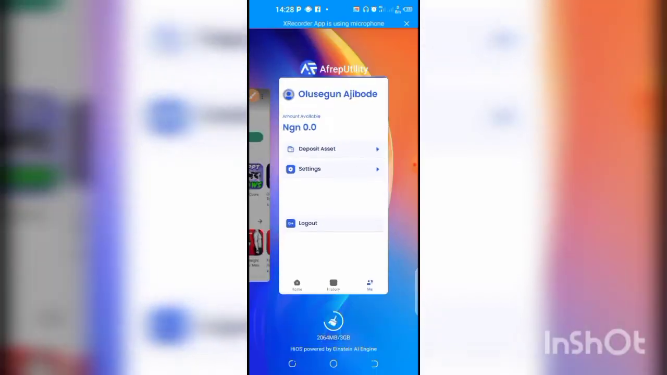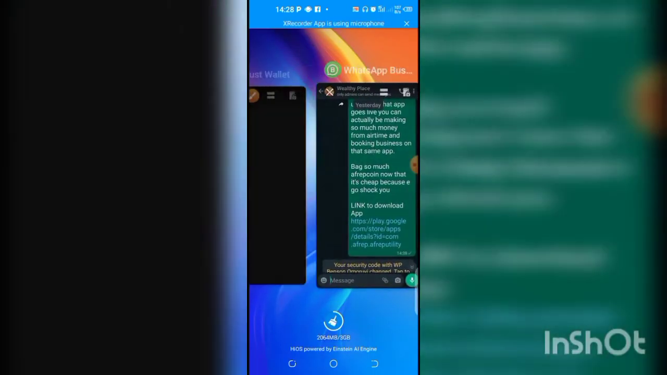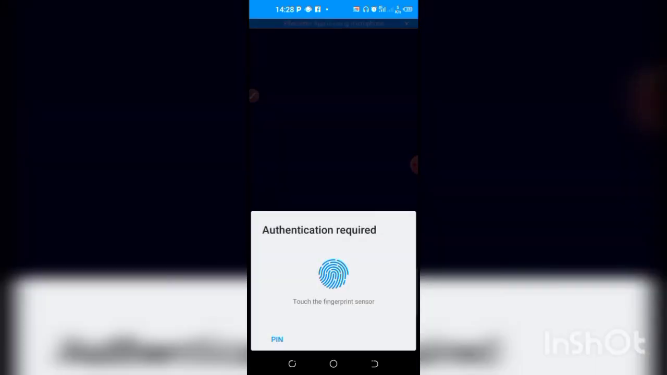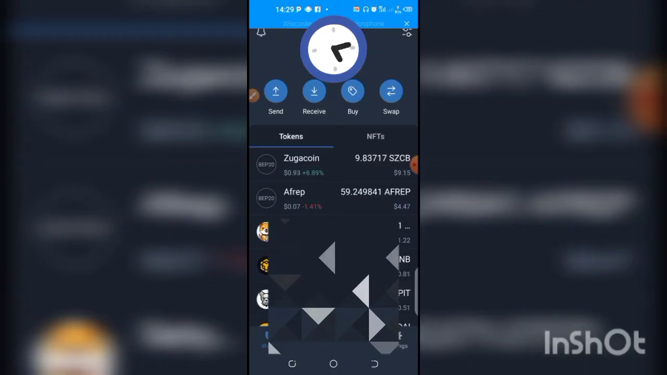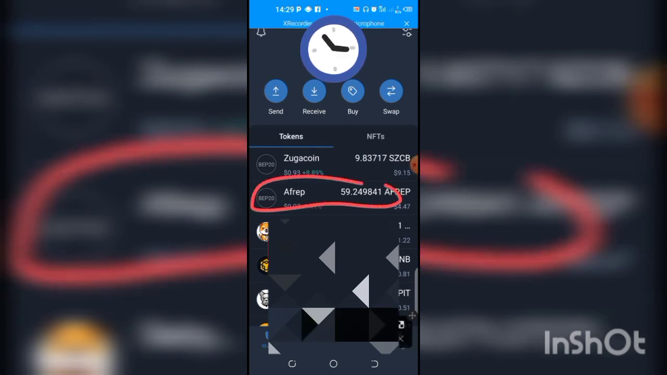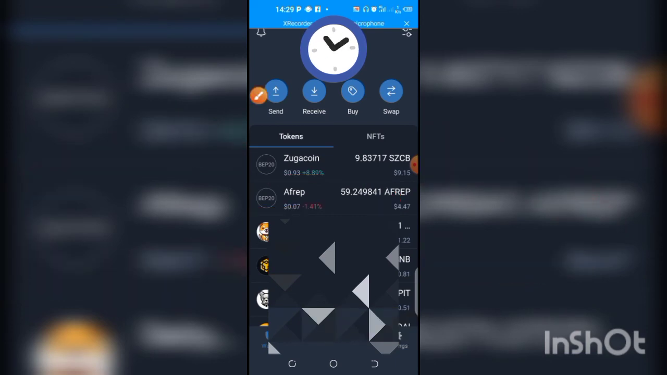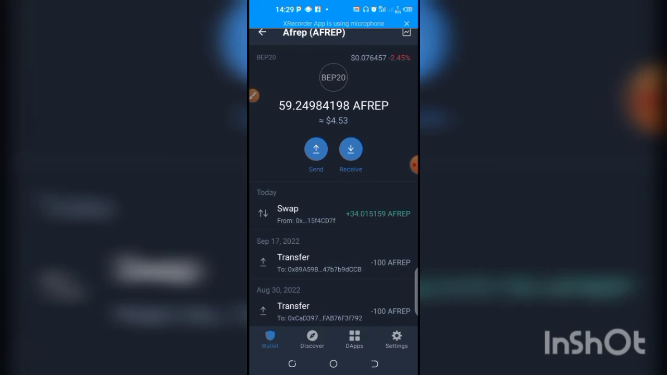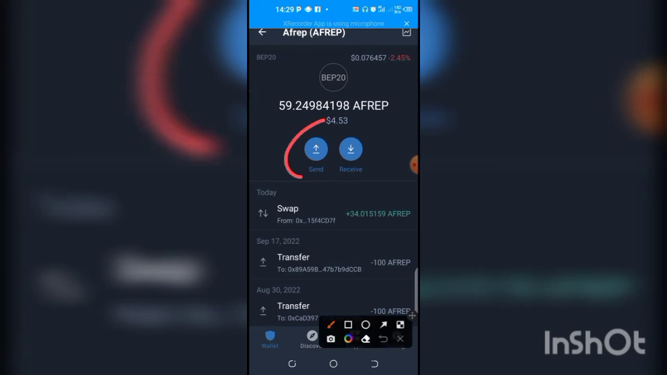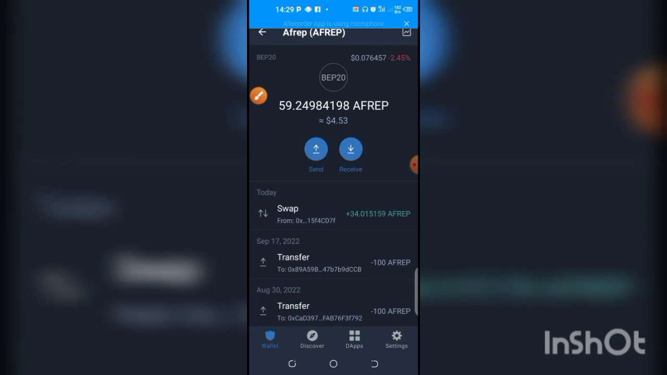So now let me show you how to transfer your AFREP from the Trust wallet into the AFREP utility app. So once you log in here, you tap on AFREP. Once you tap on AFREP, then you tap on send, because you are sending out of here. So tap on send,